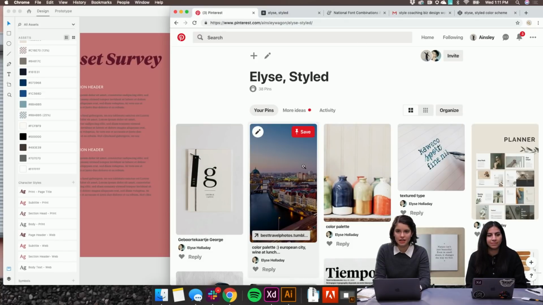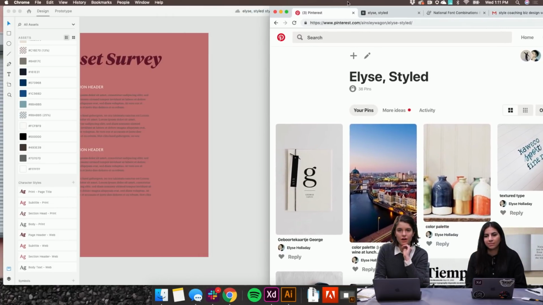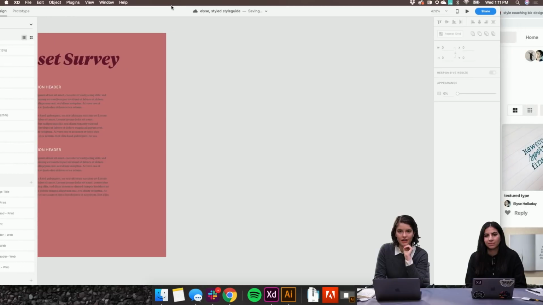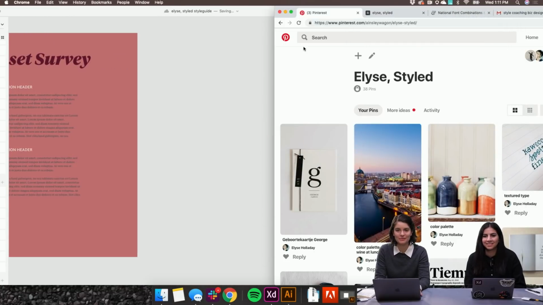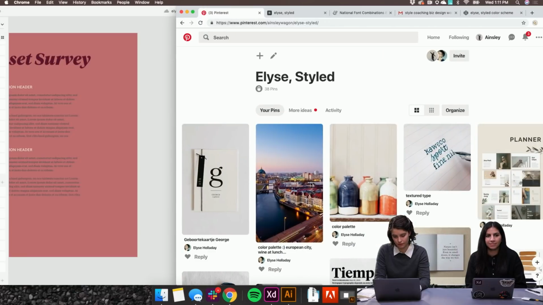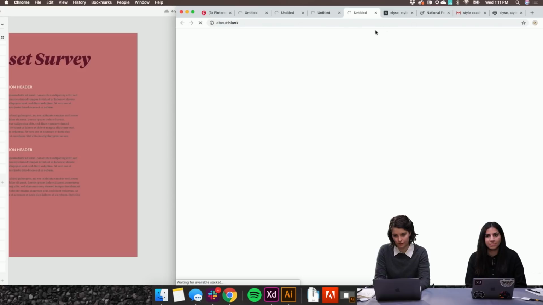So let's see if I can show off one of my favorite XD features, which is dragging things from Chrome. Oh, whoops.